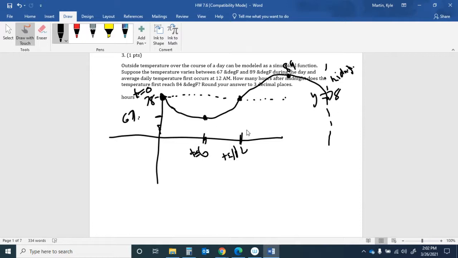Sinusoidal functions are continuous, periodic functions. So it's going to hit that max, 89, at 6 o'clock in the afternoon, early evening, and then begin to cool off. And then at midnight, hit that average daily temp of 78 again along that midline. So that's our situation. And they're wanting to know, at what time do I hit 84